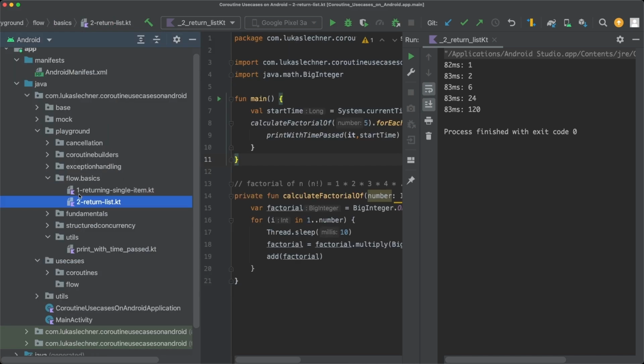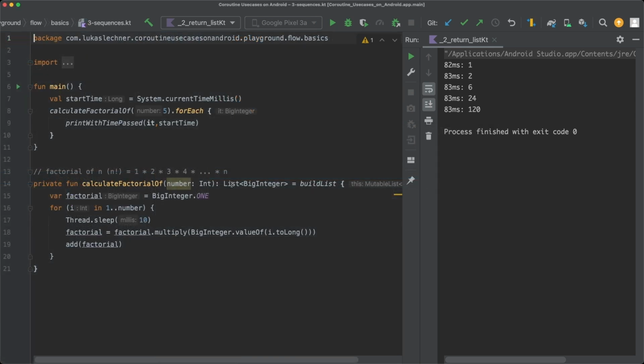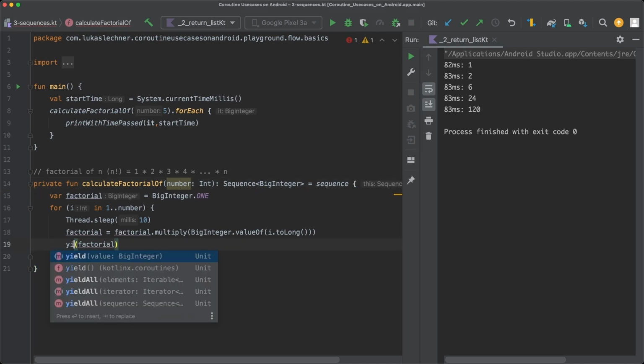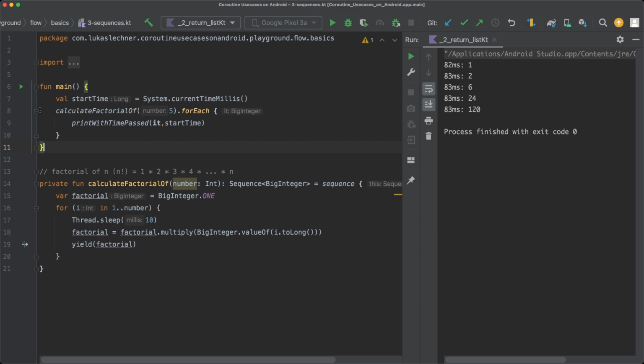Therefore, let's again copy the current file and create a new one that we call 3 sequences. Now we want to return a sequence, and therefore let's change the return type from list to sequence. To build a sequence, we can use the sequence builder. In sequences, we have to use yield instead of add. The code in the main function stays exactly the same. And if we now run this code,